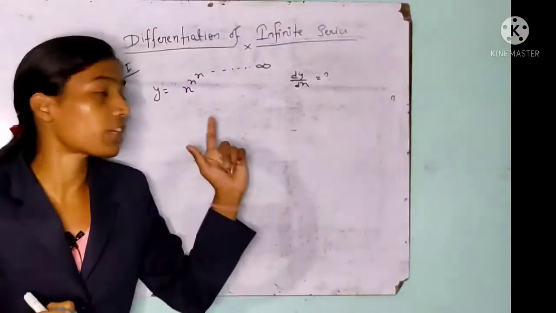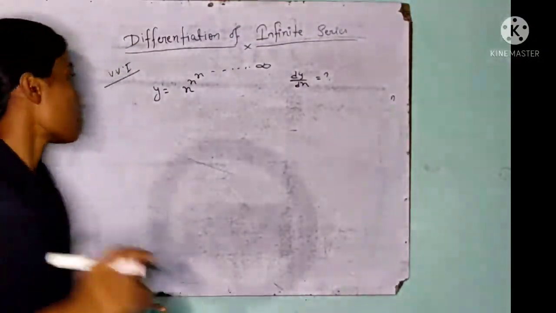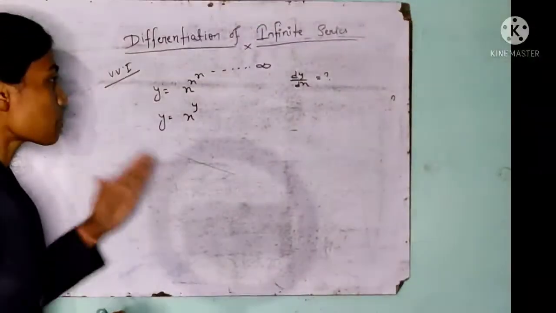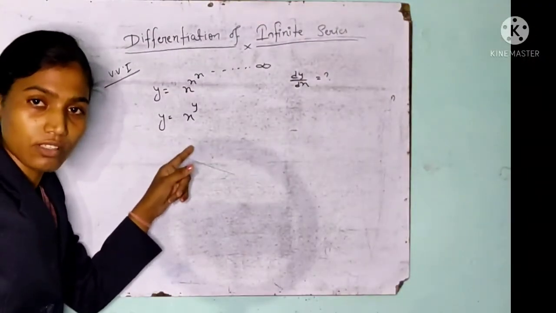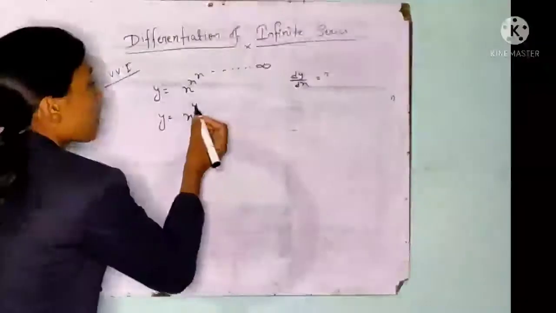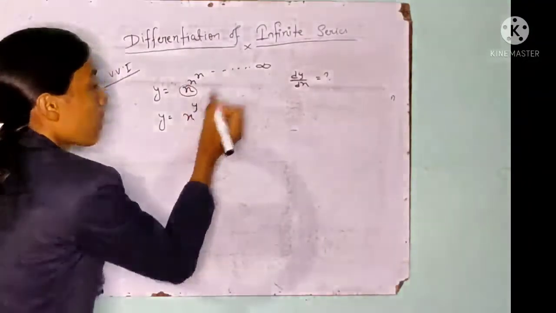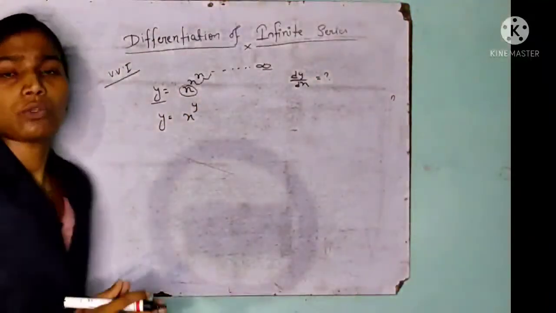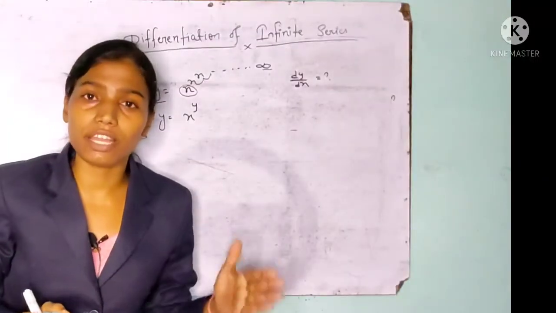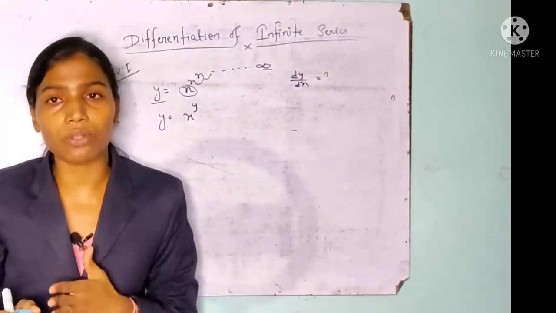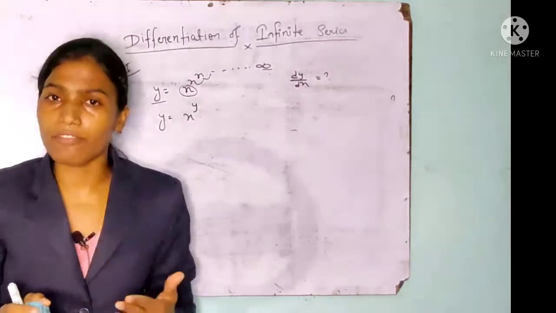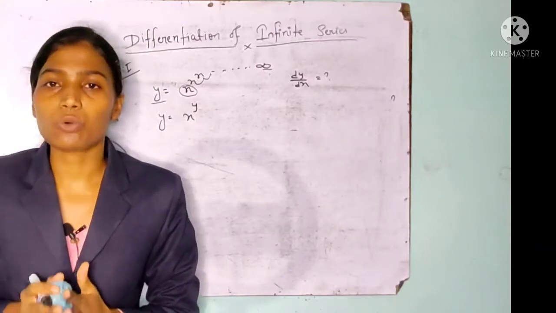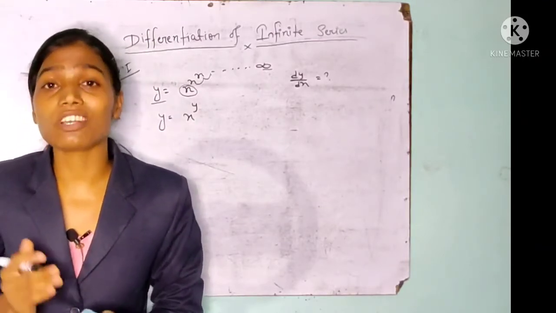Now I am going to take one term out. So see here, y is equal to x to the power y. Just see there is no difference between these two functions. Why? If I take one single term out, the remaining x^x^x up to infinity is equal to y, because this series says if you add or take out any one term, the series should be unaffected. So if you add one, there is no problem in an infinite series. I hope you can understand what the concept is saying.